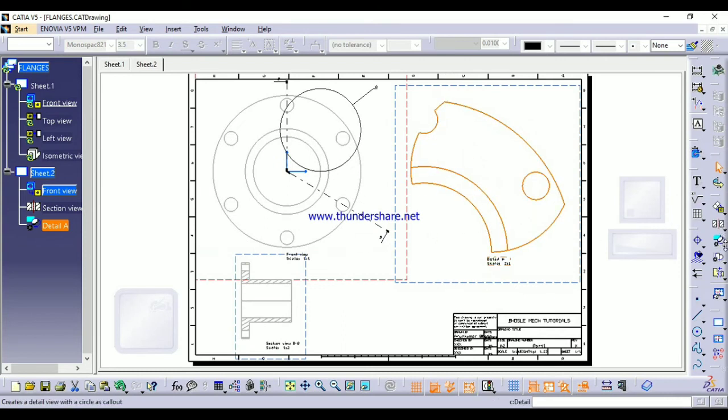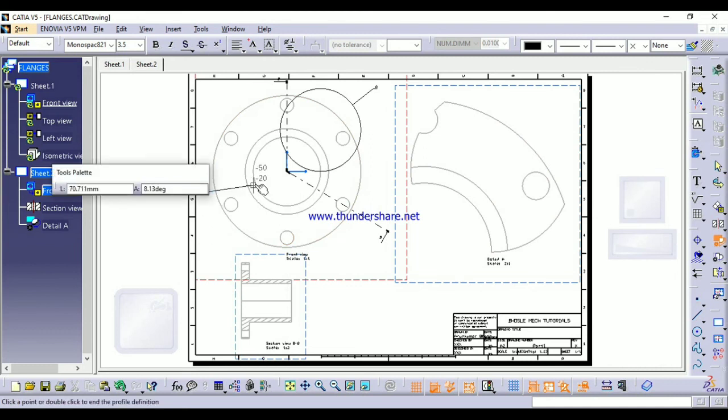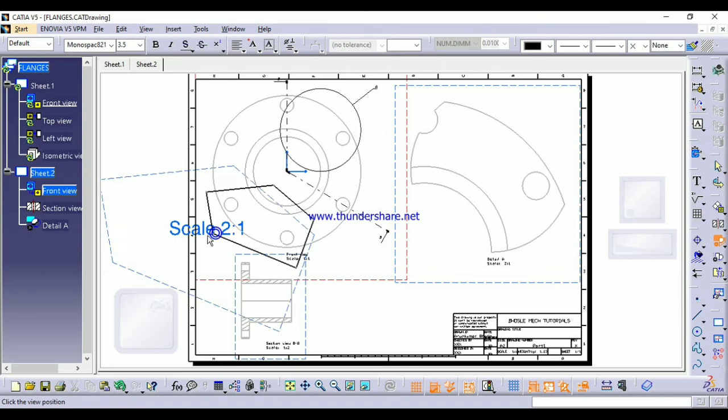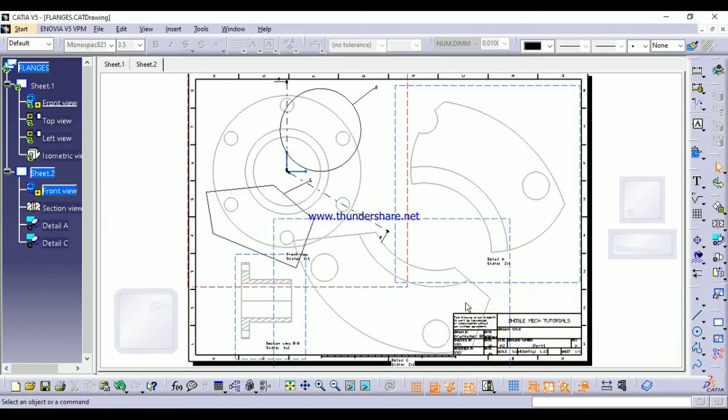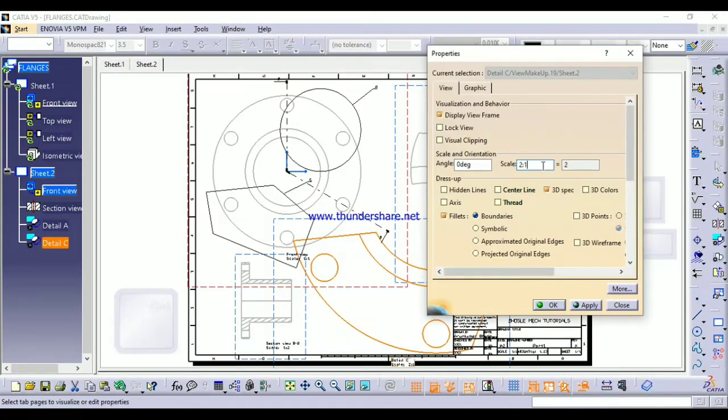Now I will show how to get the detail view by profile. Same here also, just draw the profile and double click. See friends, here you got the detail view by profile, and change the properties.